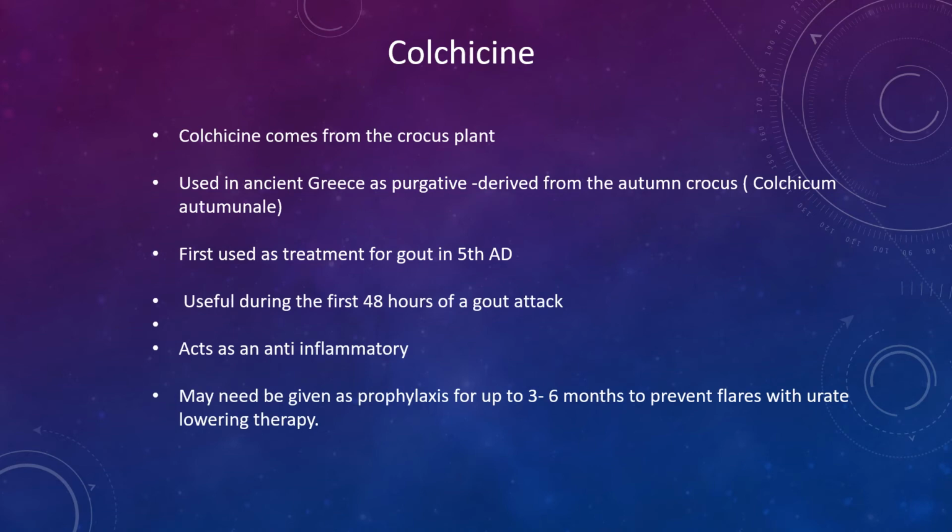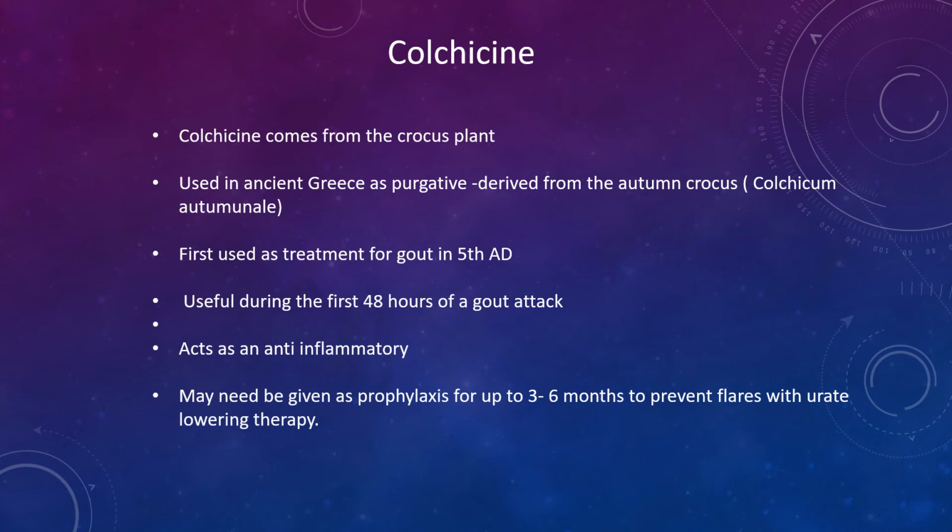Colchicine comes from the crocus plant. In Greece, it was used as a purgative. It's been used for over 1,500 years for gout treatment. It's mostly useful during the first 48 hours of a gout attack and acts like an anti-inflammatory. It may be given to help prevent gout